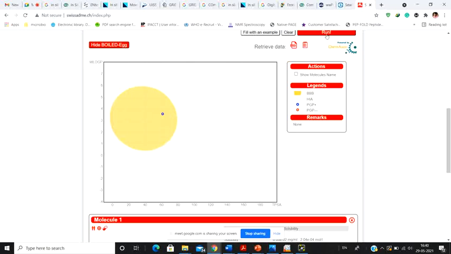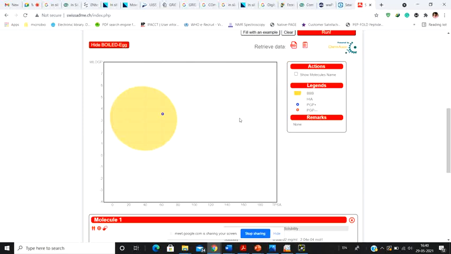Okay, so simply by taking a look at the boiled egg, you get to know the solubility structure of the molecule, and it's really important. As I've told you, the boiled egg structure is really important because the molecule must be highly soluble in water to become a drug. And even if not, the molecule must not penetrate inside the brain. It must not move inside the brain actually.